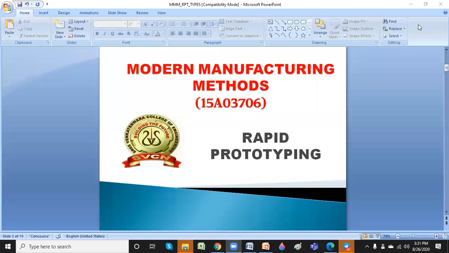Yeah, welcome back. What I explained in the previous lecture was rapid prototyping and the different steps in it: the materials, methods, applications, etc. Then we saw the different processes depending on the input. Suppose a liquid is needed, which processes apply; if a solid is fed as input, what are the processes; and if powder is fed as input, what are the different processes. Now we'll be seeing the SLA as well as FDM techniques in this class.